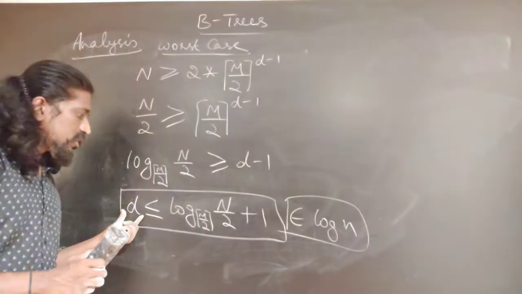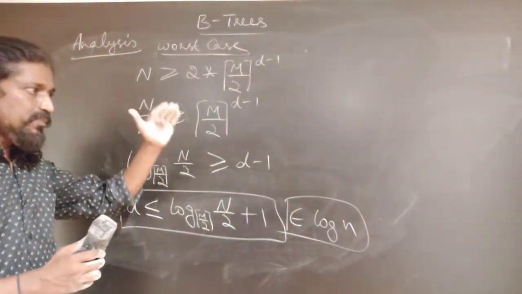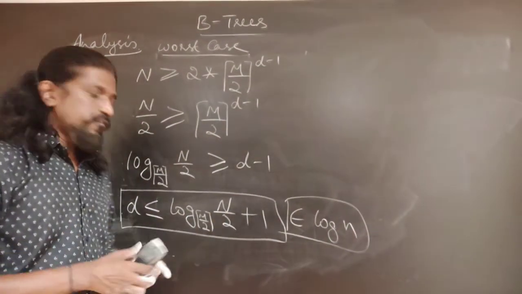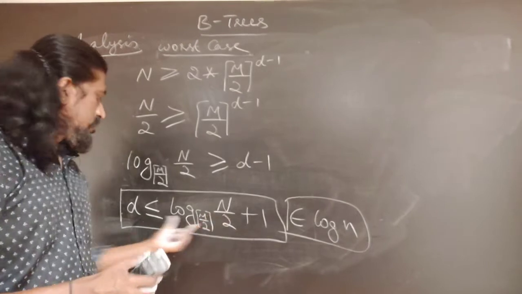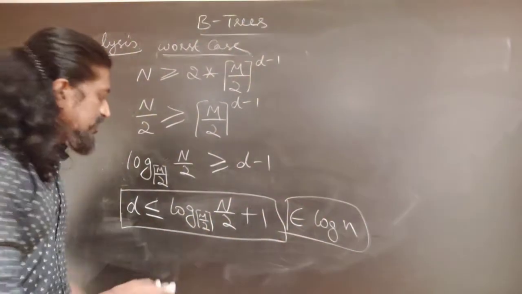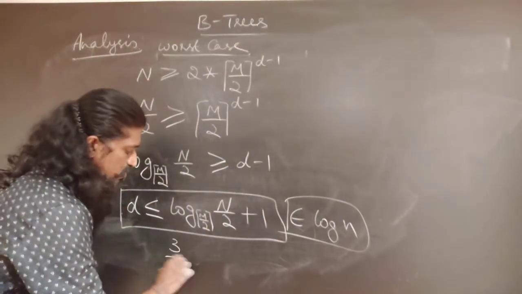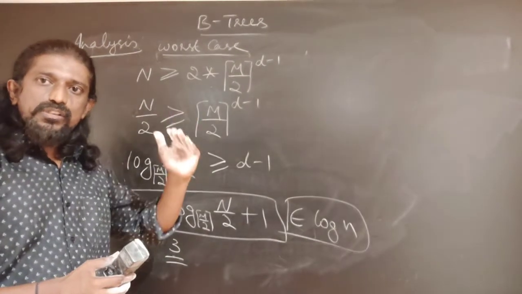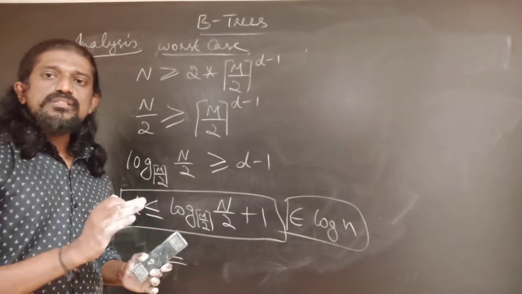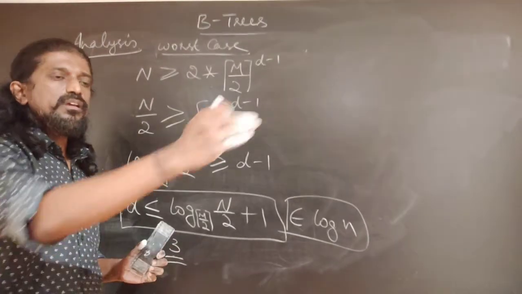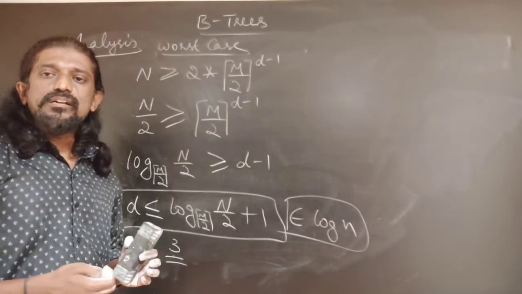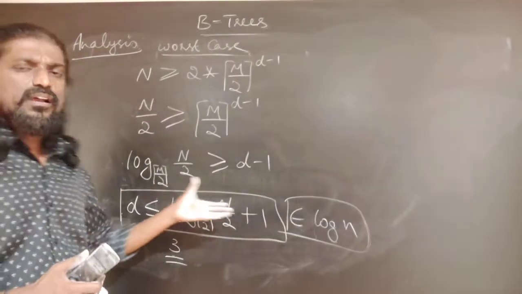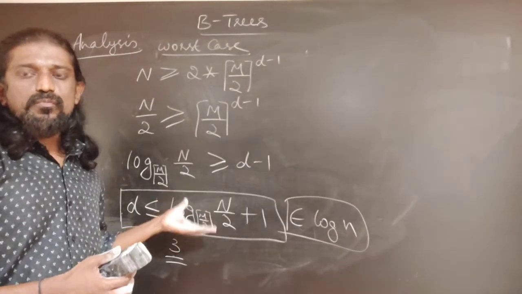Depending upon the value of this d, how deep the B tree can grow, we will see that even for millions of keys, when we apply this, the depth of the B tree will be at most 3. So just 3 seeks will be needed for us to start with the B tree and find where it is present in the hard disk. Then the fourth seek will give the actual data record. This is far better compared to any of the other file structures that we know.